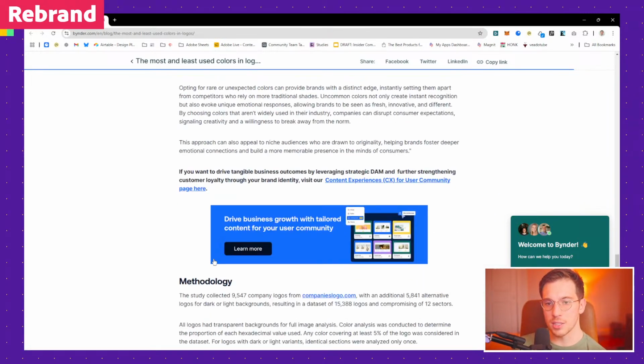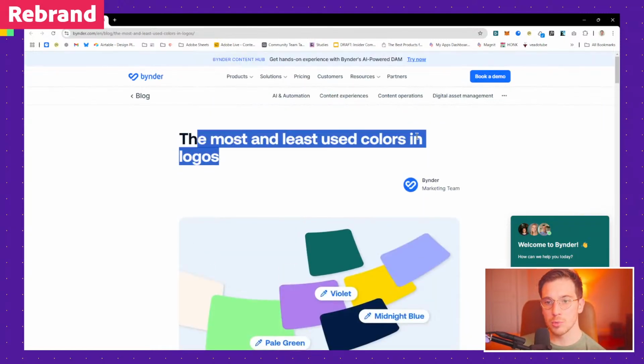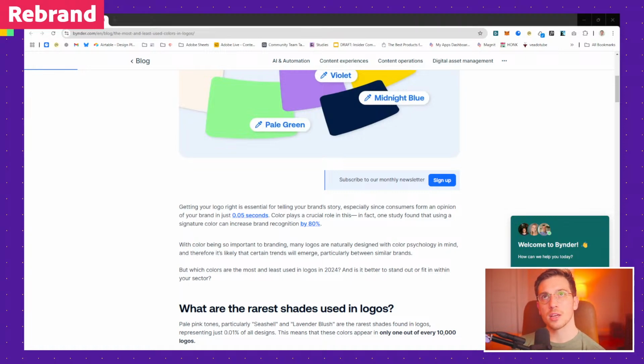But it's a fun read. It doesn't take too long. It takes about 10 minutes to read. And it's a good resource to be able to check. And you can always run it by to see if you wanted to hop out and have your own color for your own brand. And then maybe we'll talk about this next week, because I did want to talk about it a little bit,